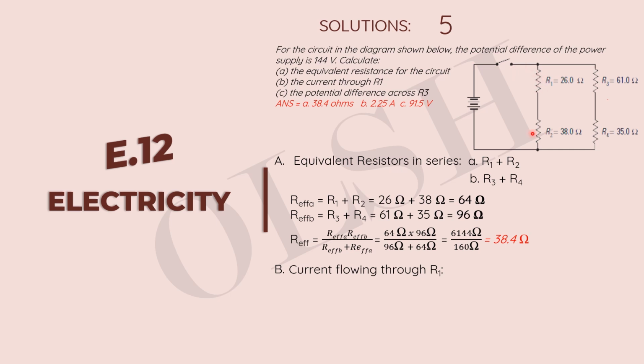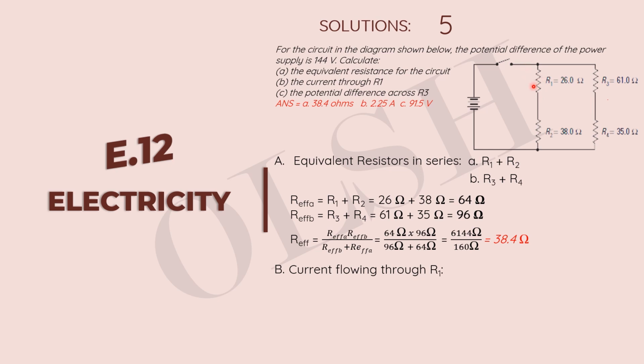It's more like you have two guys who are blocking a space and someone wants to pass through them. You're not passing through them based on the strength of one man. You're passing through them based on the strength of both men together. So this current is going to feel the resistance of both these resistors together and not just one resistor. So when you're calculating anything that has to do with current going through one resistor like this, you have to note that